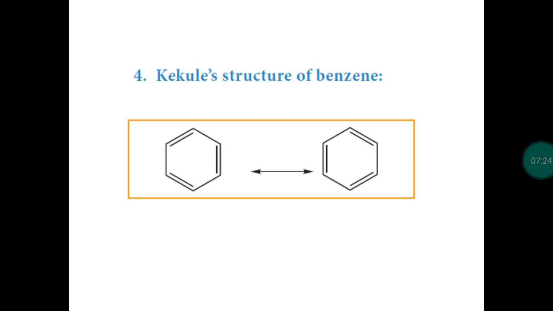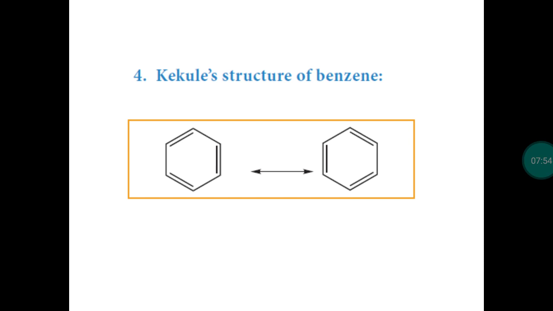Straight chain structure is not possible for benzene because it is not answering all the tests of alkenes and alkynes. Even though it is an unsaturated compound, it is not answering all the reactions of unsaturated compounds. So straight chain structure is not possible. It is involved in substitution reactions to provide a mono-substituted product. It provides cyclohexane with hydrogen. So these two reactions indicate that benzene should be a cyclic compound.